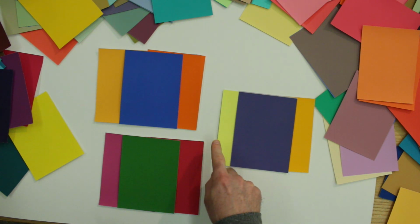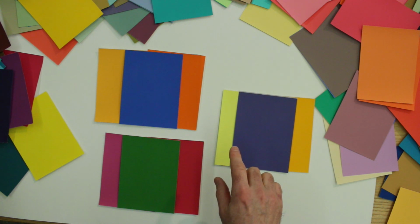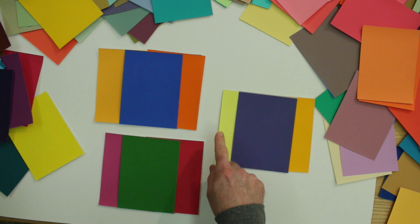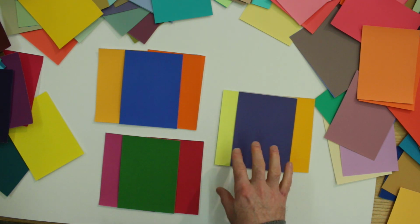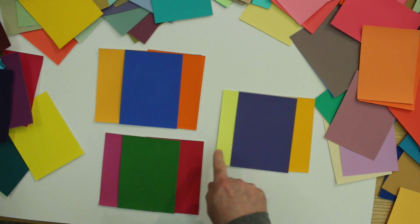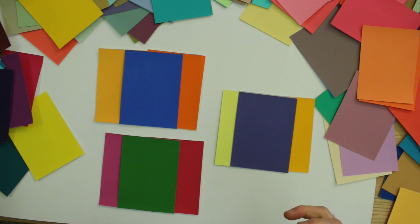And then these two would probably neutralize each other pretty well, but it doesn't have enough yellow in it or orange in it to actually neutralize it. So I don't know what would happen if we mix these two. Again, you'd get some sort of a gray, brownish yellow, I think. But since they're both kind of cool, we're going to end up with sort of a brown, I would expect. So I bring that up to just get